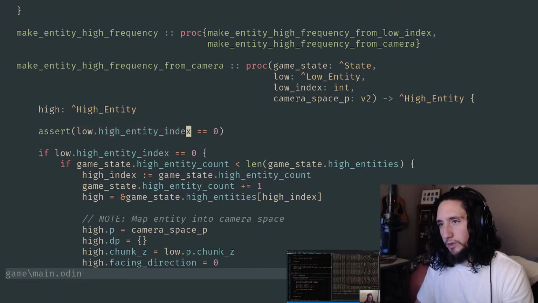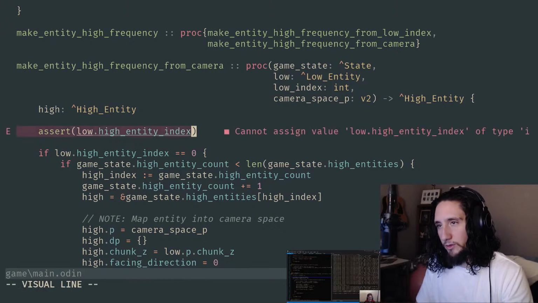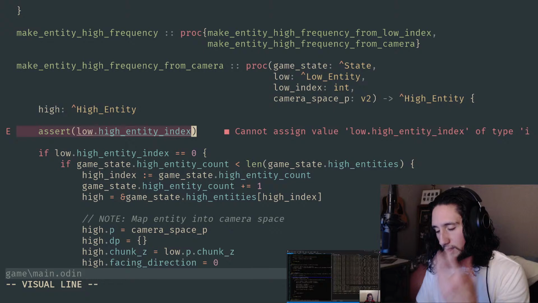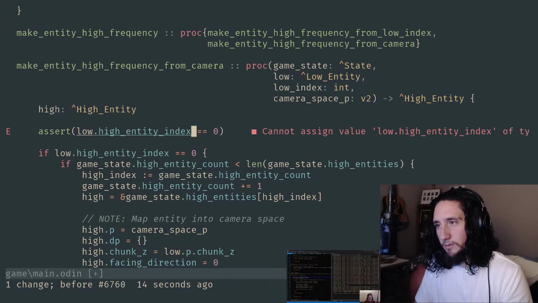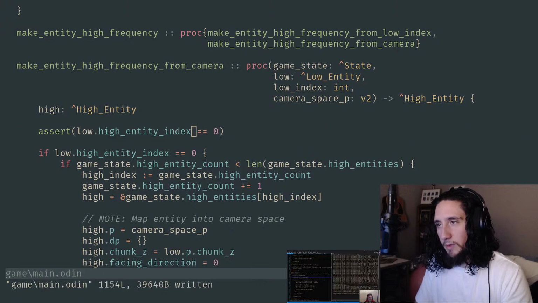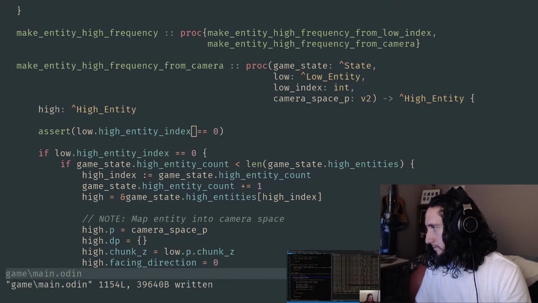No, my understanding was correct. It was just, yeah, I wrote it the exact same way he did it. Although he did it like this, right? Which is saying that, oh, there's already an index there. But we don't want to assert that there's one already there. Otherwise, if we do this, then there can never be a high entity. Yeah, that's what I get for not thinking about what I was copying from him. All right, good work.